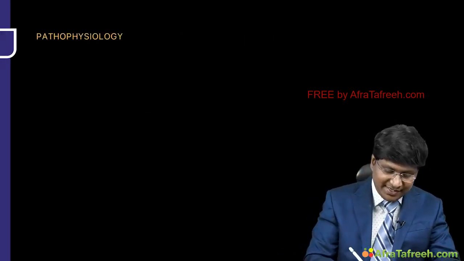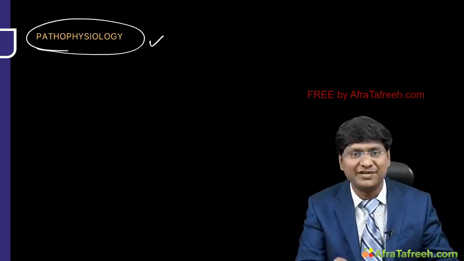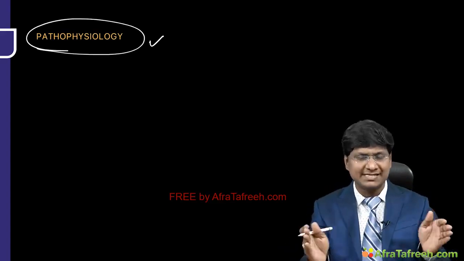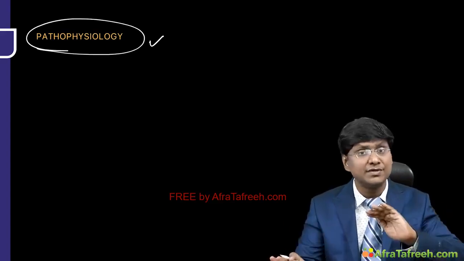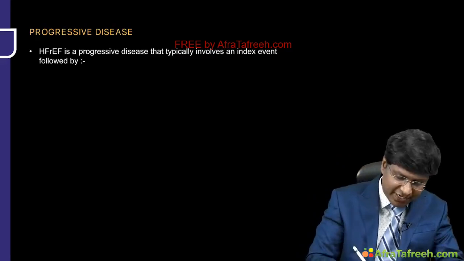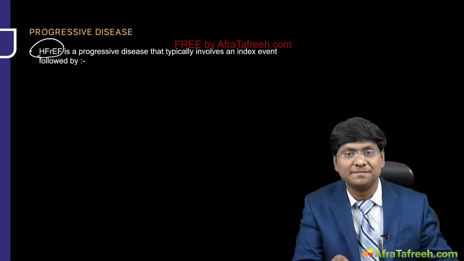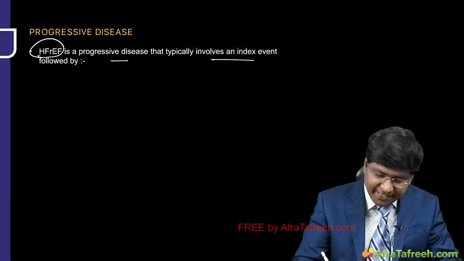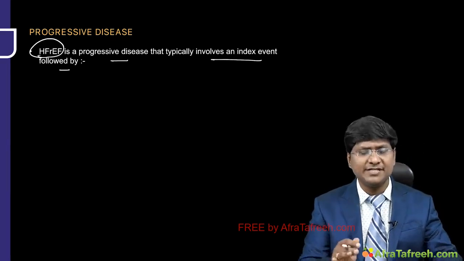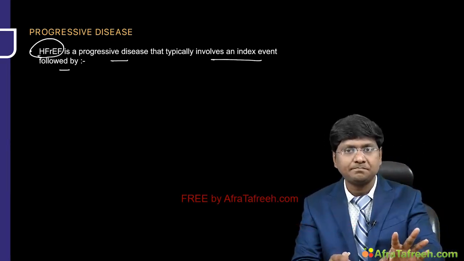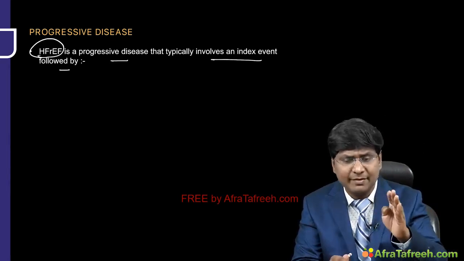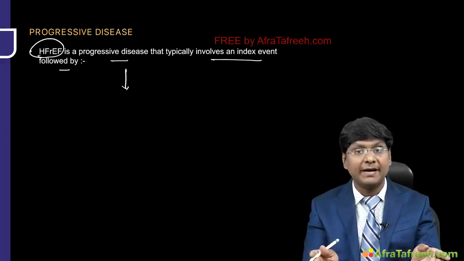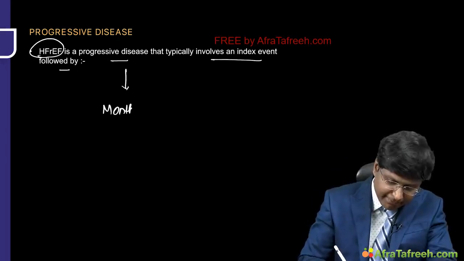Now let me discuss the basic pathophysiology of heart failure. Heart failure with reduced and preserved ejection fraction have separate pathophysiologies, and I'll explain them separately. Let me first take up heart failure with reduced ejection fraction. It is a progressive disease that typically involves an index event. That means there will be one acute episode, or one etiology causing the heart failure, and that will be followed by months